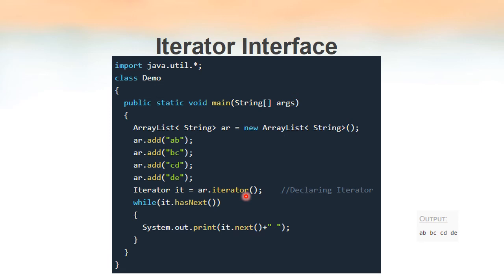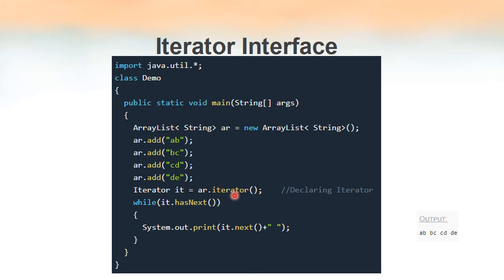So iterator is actually a method that is available in all collections. ArrayList is a collection, so the iterator method is also available inside this array list collection. By using that method, we are getting an iterator object. So this iterator method is going to return an iterator object. We have to use an iterator variable to hold that object returned by the iterator method.